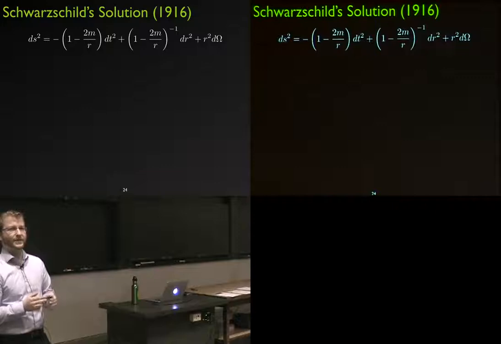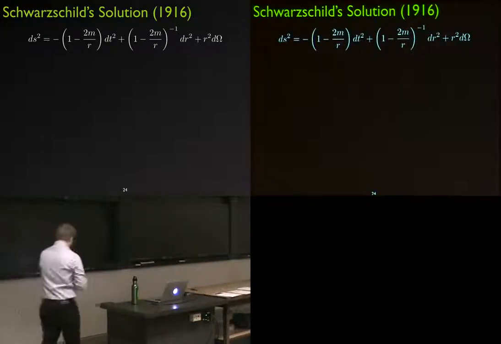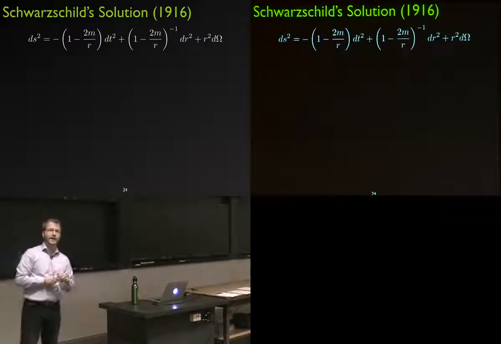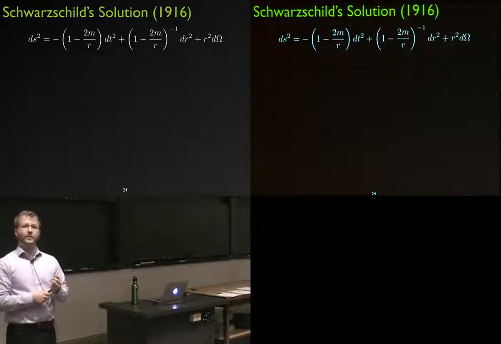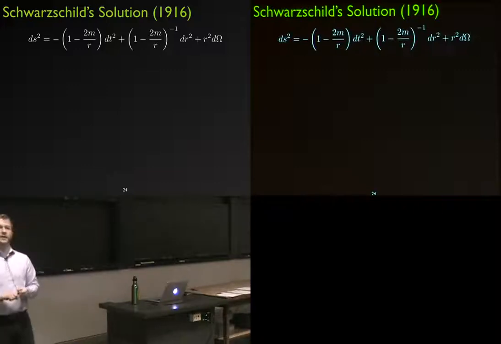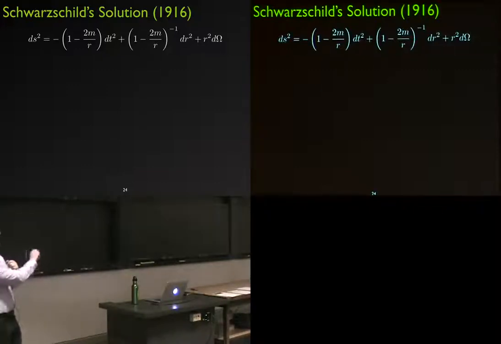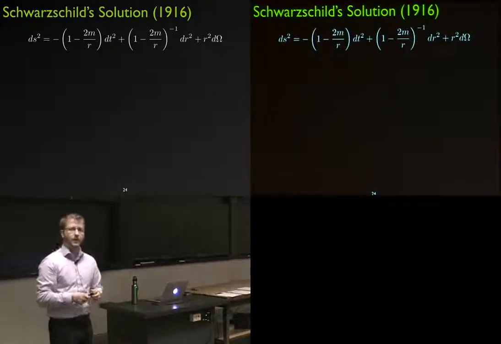Any other questions? Yes? Are you going to go into the parametric and the ring singularity? Oh, okay. I hadn't planned on going into the details of that. When I talk about the measurable effects from gravitational radiation, spin is very important, and so I could definitely spend a little bit talking about the Kerr solution, which is the slight modification to the Schwarzschild solution that accounts for the spin of this object. I could probably go into a little bit of detail about that.